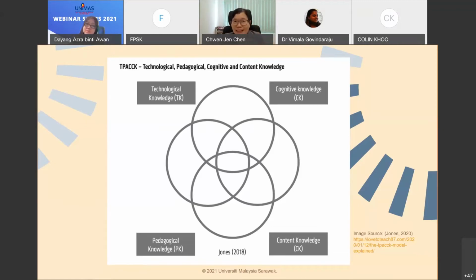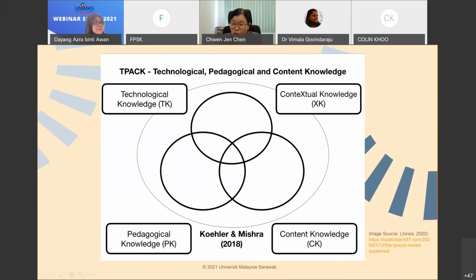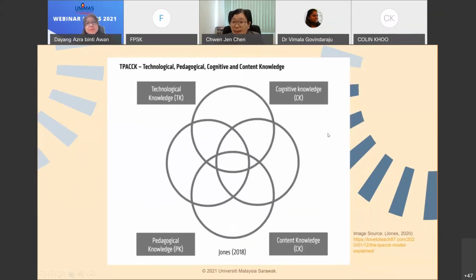So this is basically knowledge about how the mental processes are assisted when we modify the way the information is presented to the learners. So you see the cognitive knowledge comes in, and it makes the model more comprehensive now. From the initial content, pedagogical, technological, added with the contextual, and then another one, cognitive,